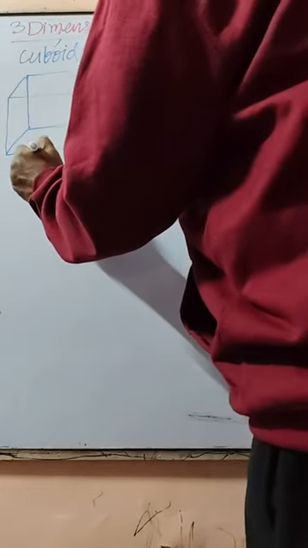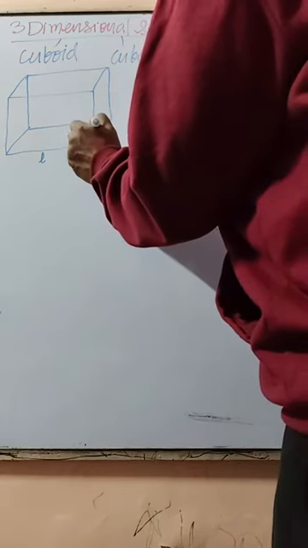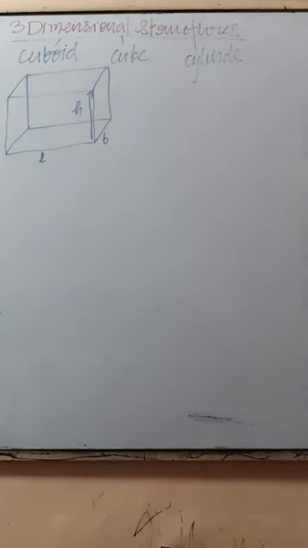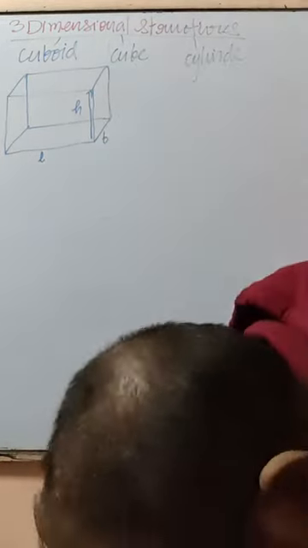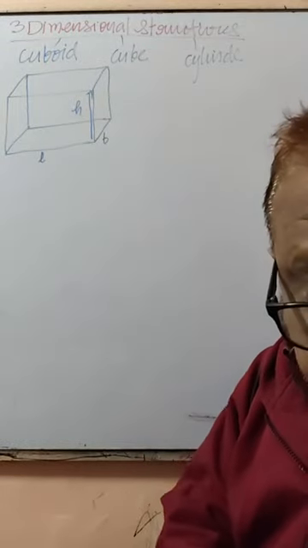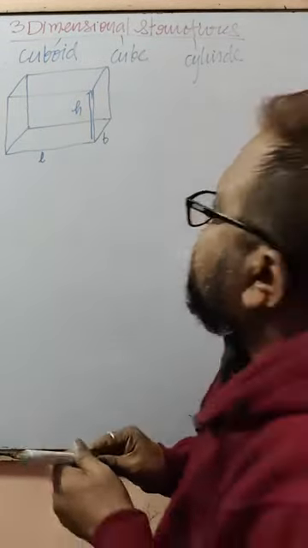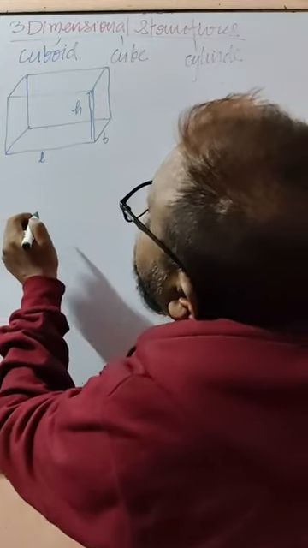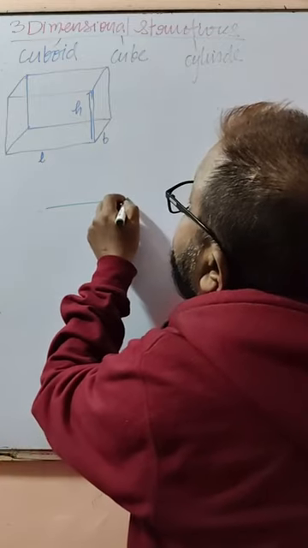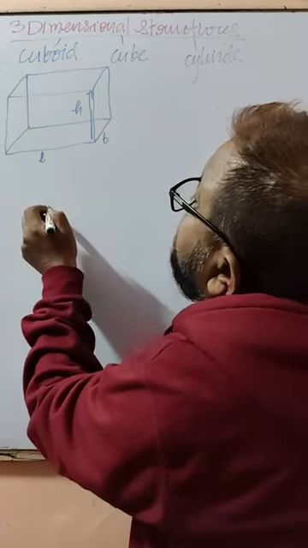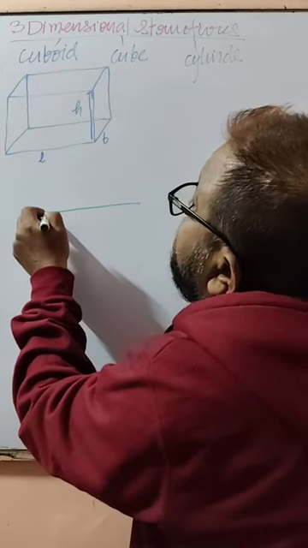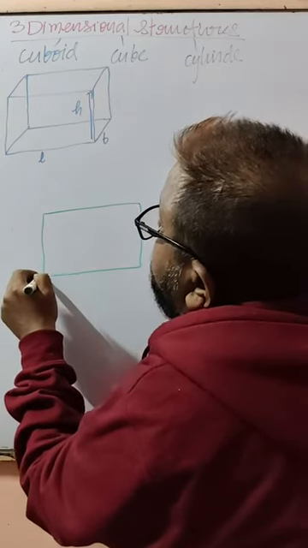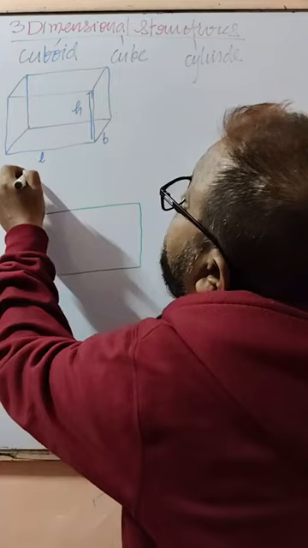ये L, ये B और ये H, राइट? अगर तुम इसको ऐसे ओपन करोगे, मान लो ये बेस है, तो मैंने क्या किया कि इस बेस को मैंने ऐसे रखा, ऐसे, ऐसे, ऐसे और ऐसे। ये हुआ। ऊपर की तरफ एक साइड है,